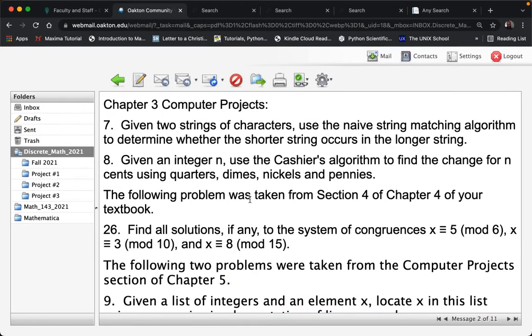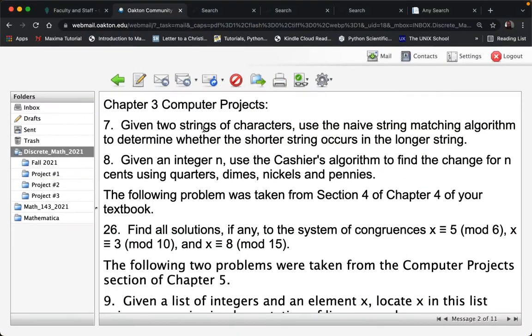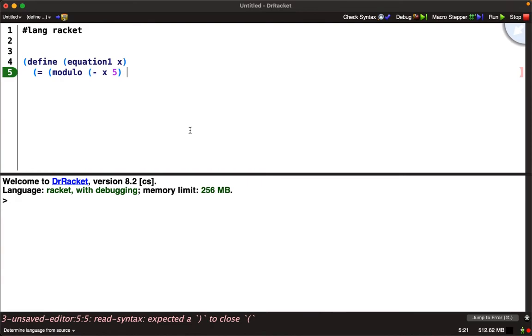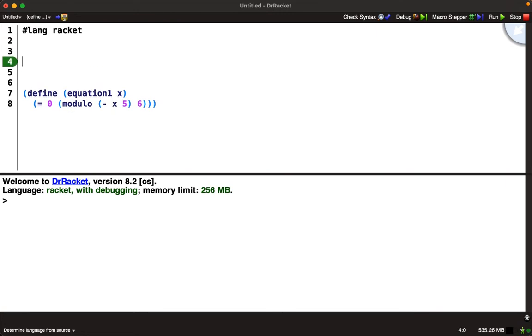Let's see, x minus 5, x minus 5, and that's going to be a 6. Okay. And that's going to be equal to 0, or I could put the 0 here. It really doesn't matter. Okay. And of course, what I should do over here, I should type,